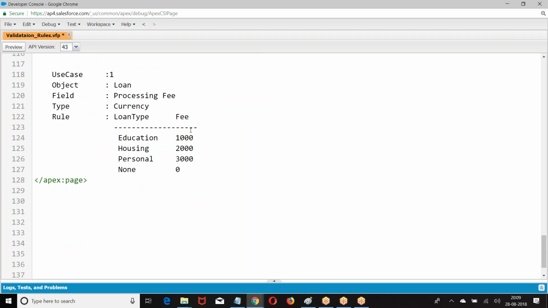Loan type is what type of field? Pick list. Now if we choose the loan type as education 1000, housing 2000, personal 3000, none 0. If you have multiple choice, what is the format I have to prefer? If you have multiple options, I have to prefer case, right? So what is the formula?